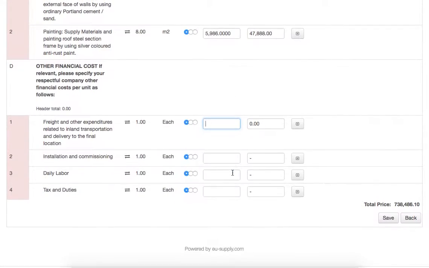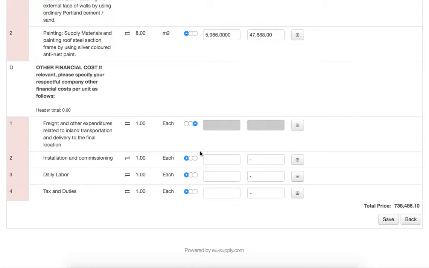So in this case, we will simply say we're not going to charge for this one, which means immediately it gets grayed out and we cannot put in a price. The same goes for installation and commission, and there's no daily labor. However, we know there is a tax fee for the government, so we enter that. We now save again,